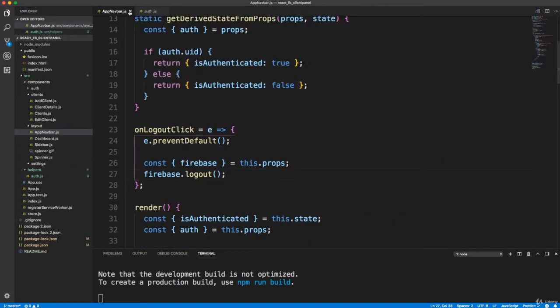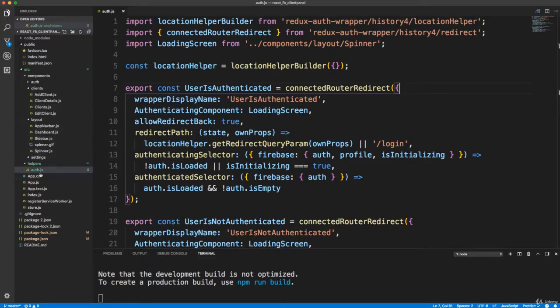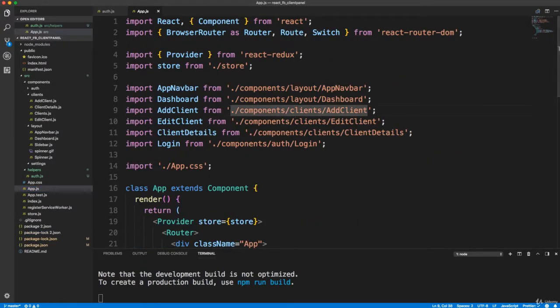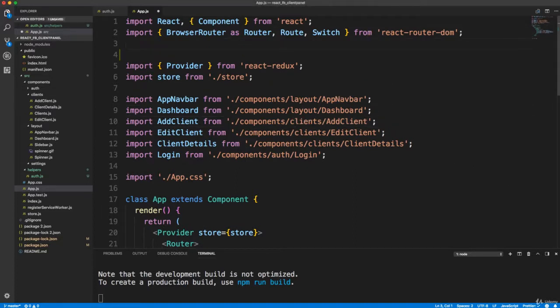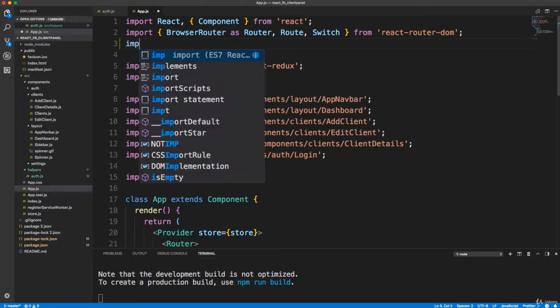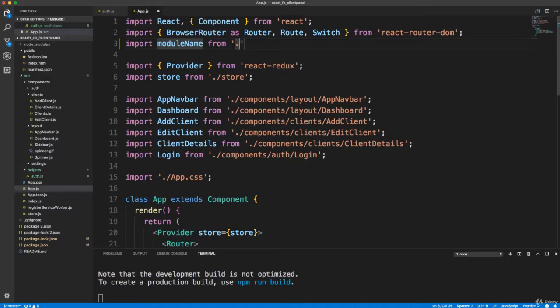But let's go back to, not navbar, we want to go back to our app.js, our main file here. And let's see, we want to bring in, we'll go right here below where we brought in the router stuff, and we'll say import user, actually let's use our IMP tab, and this is coming from ./helpers/auth, and then let's go over here, and it should then see, or I guess not. I thought it would pop up. So user is